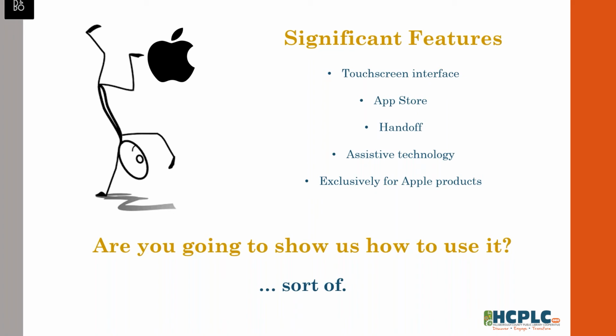Apple also made these interfaces easy to use. They made big, easy to identify icons, like the app icons. So when you're looking for things like the calendar, the phone, your messages, they made those little icons really easy to identify, so you can just tap on them and bring up what you need.